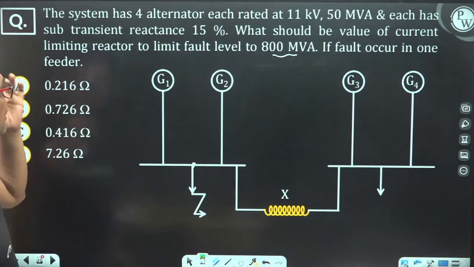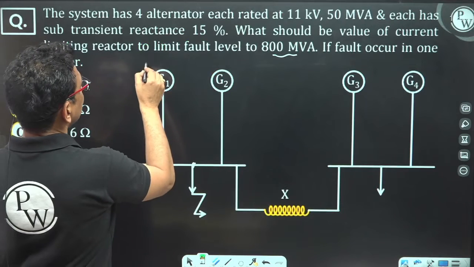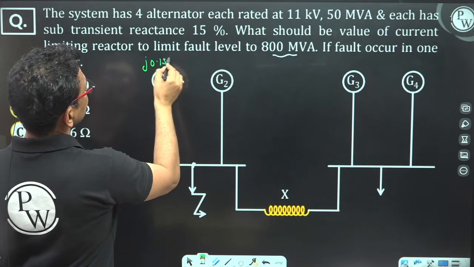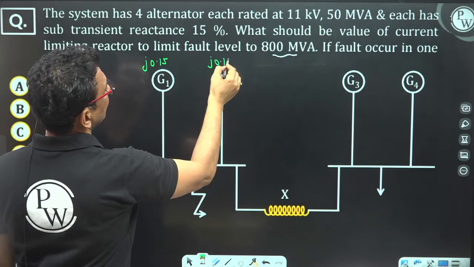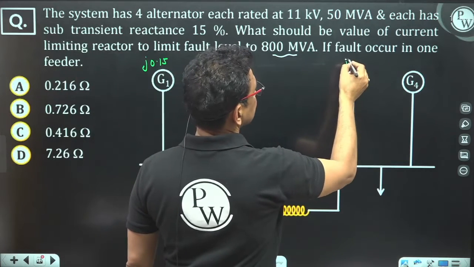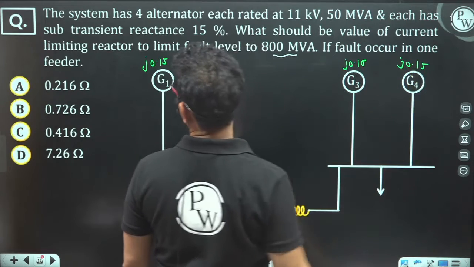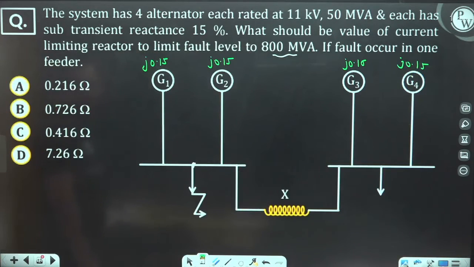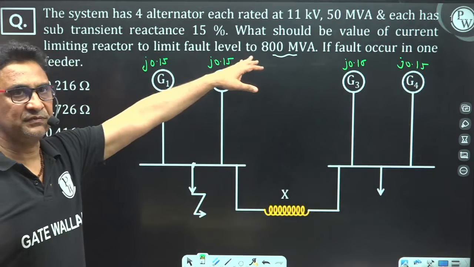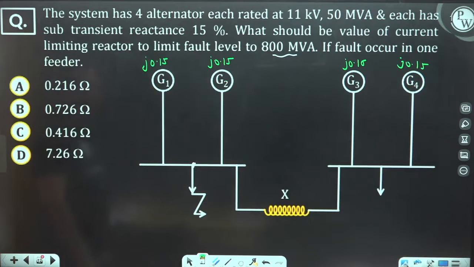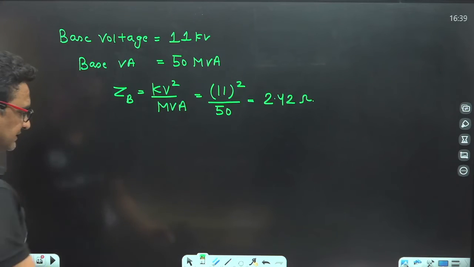Now the fault occurs here. The reactance of every alternator is J0.15 on the same base. This is the fault MVA for the three-phase fault, always remember. At this bus bar the fault occurs. So J0.15, J0.15. If I draw the positive sequence network,